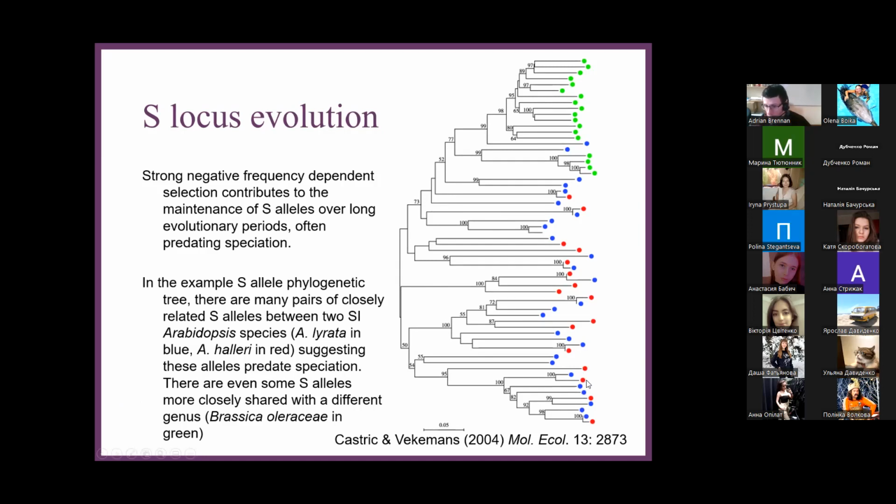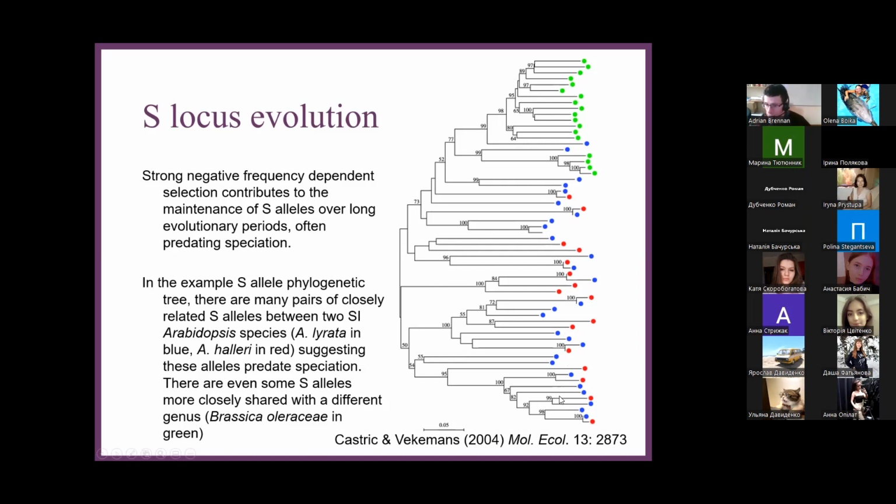The colors in this particular tree refer to the species that the S alleles were sequenced in. The red and blue, this lower part of the tree, came from the same genus, and you can see there's extensive S allele sharing between these two different species. This, coupled with the long branches, says that these genes are older than these species. They've been maintained over very long evolutionary periods. You can also see that some of the allele pairs between species are closely related to each other, so they're basically equivalent S alleles that have been found in each of those species.